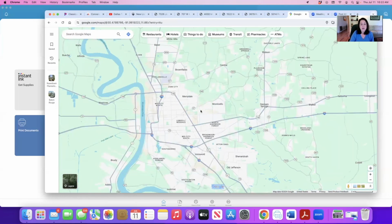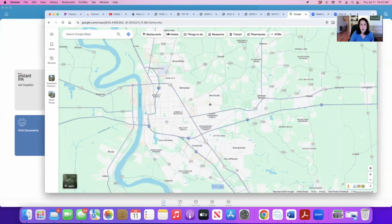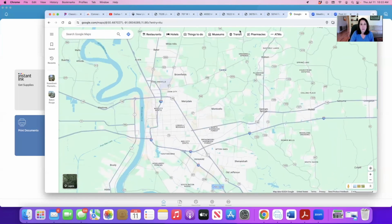In East Baton Rouge Parish, so we made it to downtown. I'm going to change and go over here to Central. I'm going to draw here a little bit. This is Central. It's a little smaller town that a lot of people like living there. It has more country living. You can get a decent house in Central. The median price range is $295, but most of the houses in Central are a lot newer. As far as the ones that are on the market, you can get an older home also, but some of the new building is in Central at around